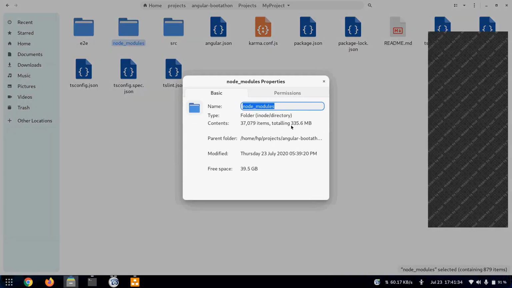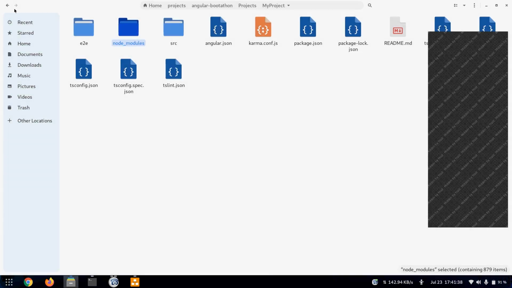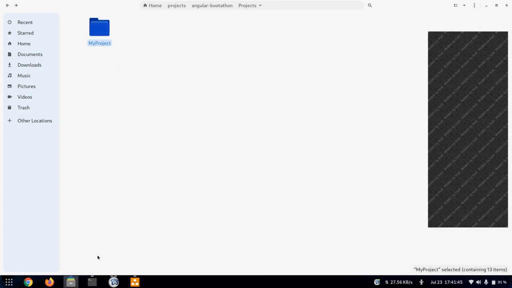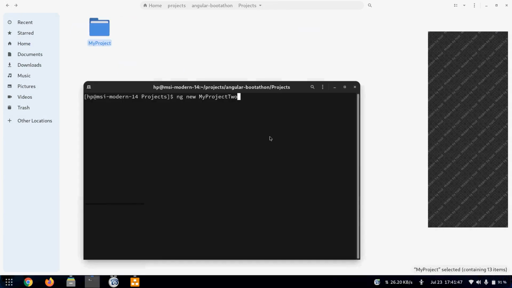Well, it downloaded approximately 335 MB after all this. So I think it may take 10 minutes or more initially. Okay, okay. And from next time it will not take much time because it will use the cached packages which it has already downloaded. So for me it will work fast, but for the first time it will take time. Yeah, okay, cool.